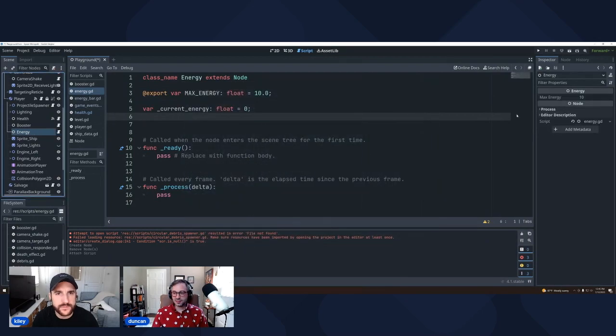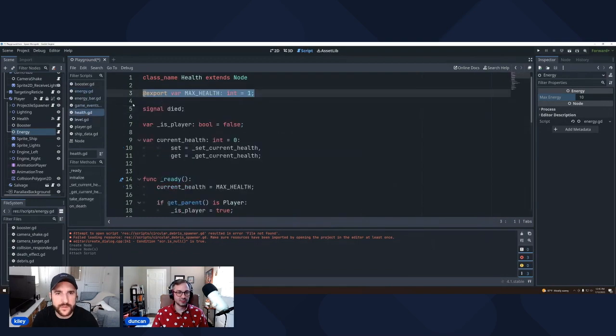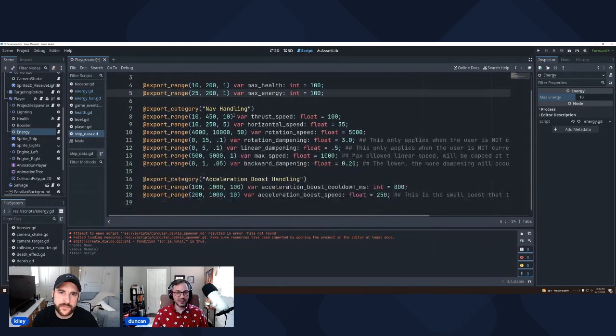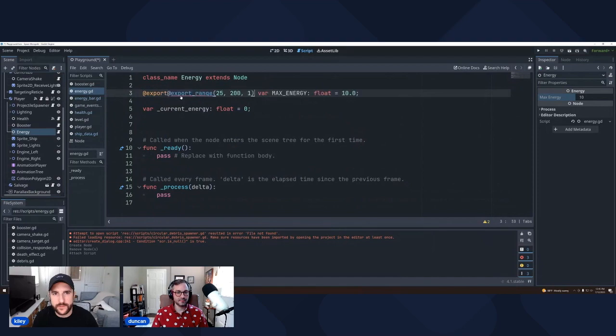All right, so now we can see this, and all of a sudden we've got max energy. Cool. And one thing that's kind of cool too is you can do ranges as well, and that'll give you some helpful things to work with in the editor. So, for example, if we copy this over here, export range.